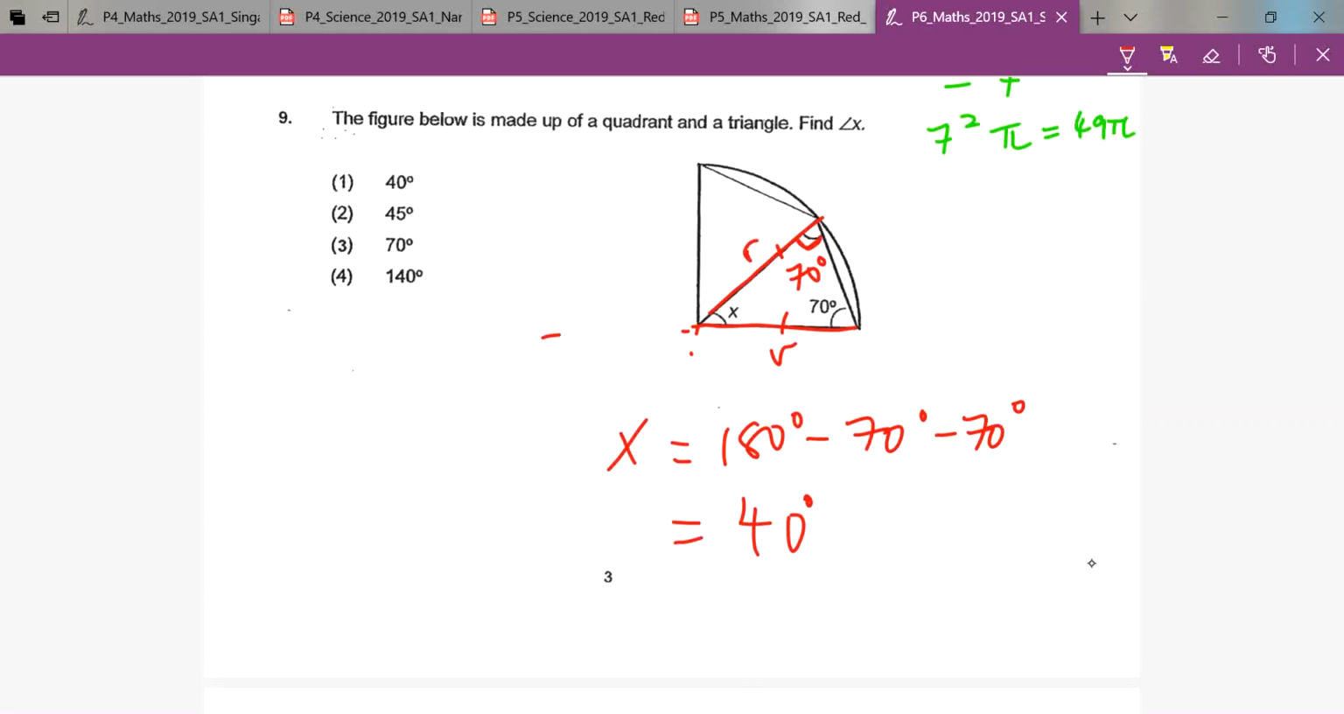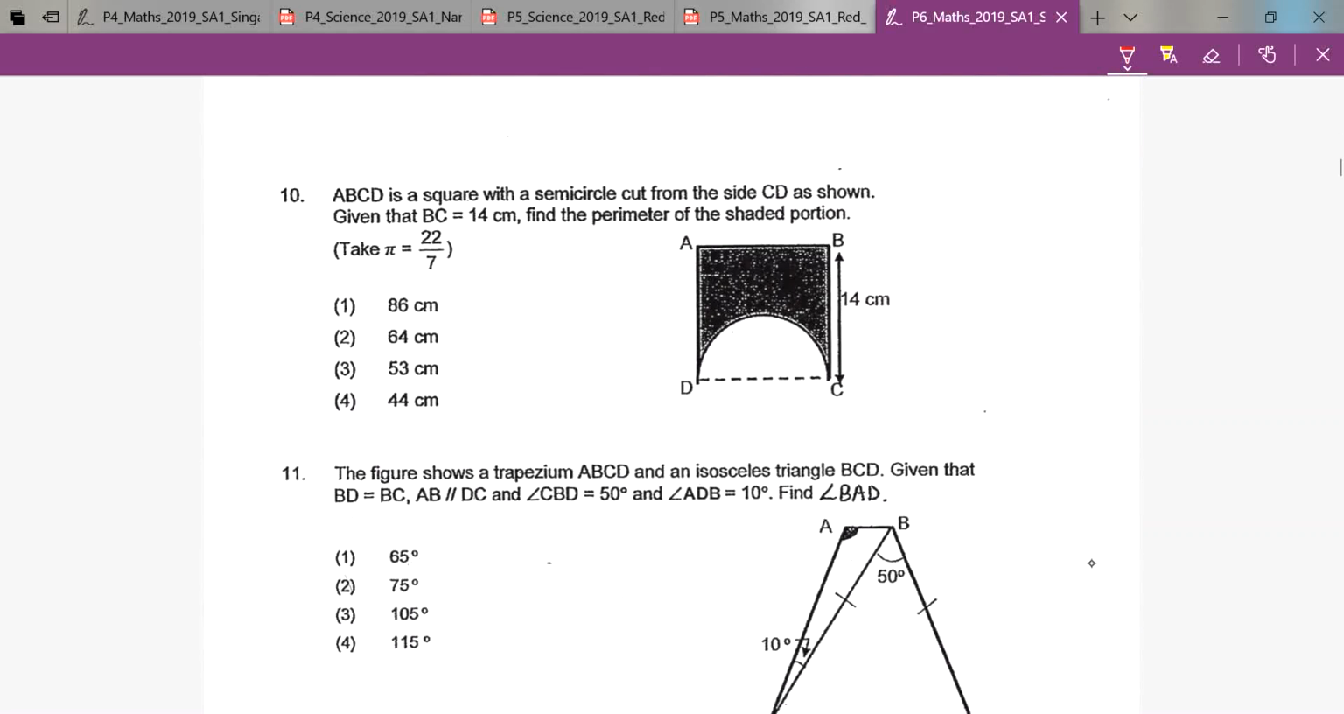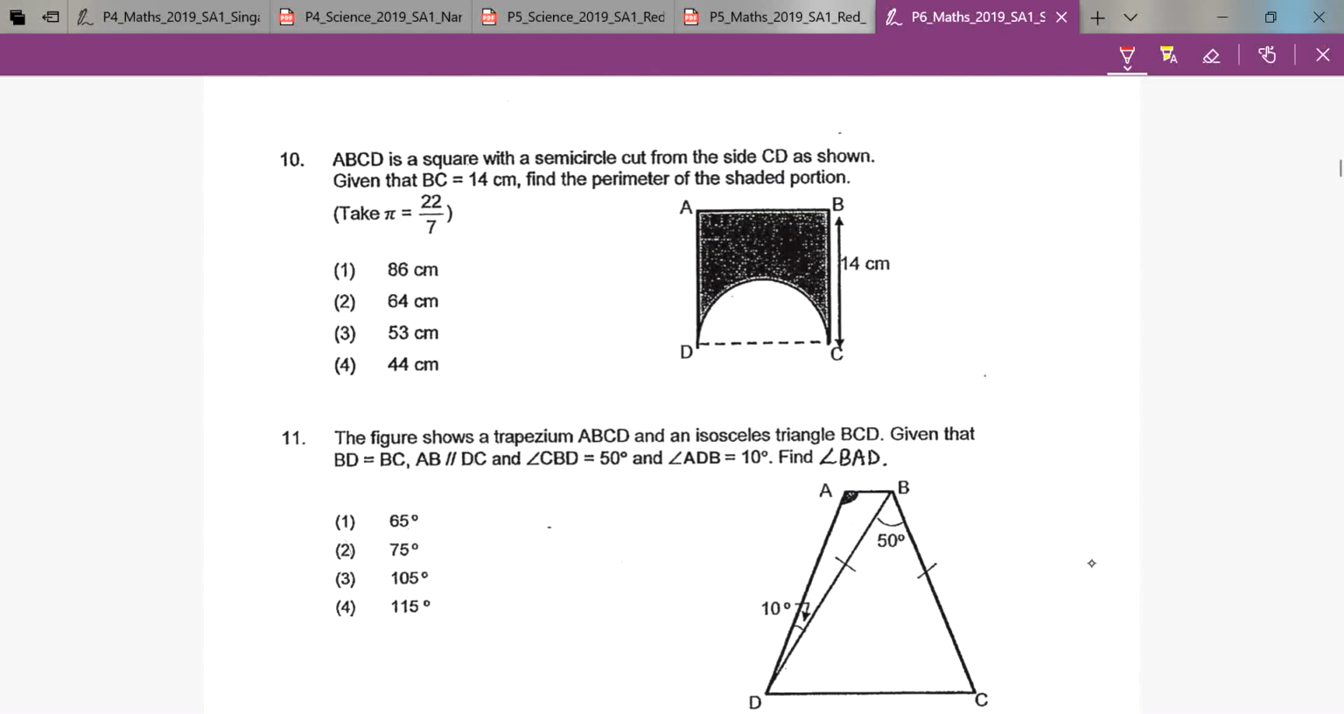Option number 1. Okay. Question 10. ABCD is a square with a semicircle cut from the side